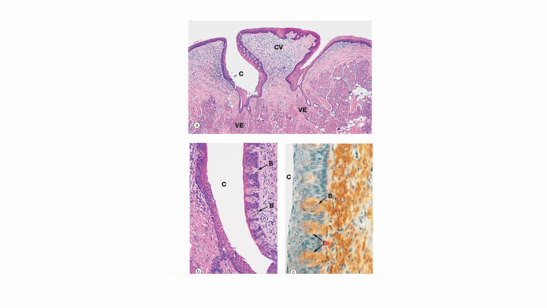A different stain has been used here because the taste buds contain neuron cells, which are modified neuronal cells present in the epithelium. We have places where neurons are present in the epithelium. One example is the taste bud. The other example is the olfactory epithelium, where the neurons are present in the epithelium.